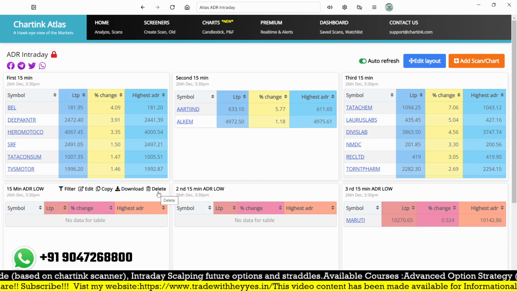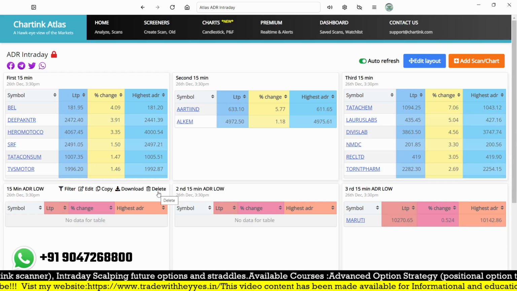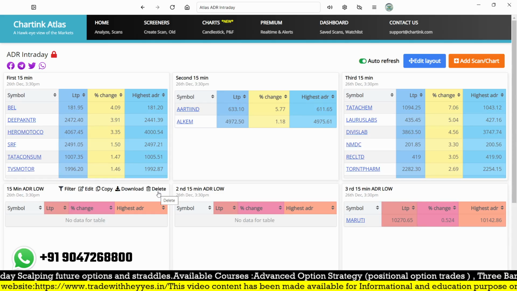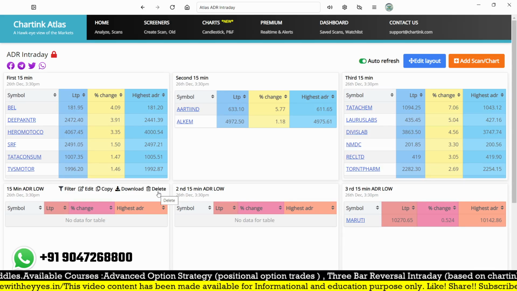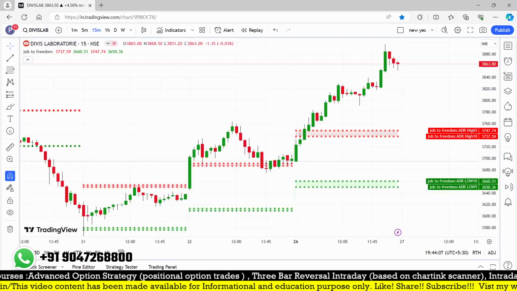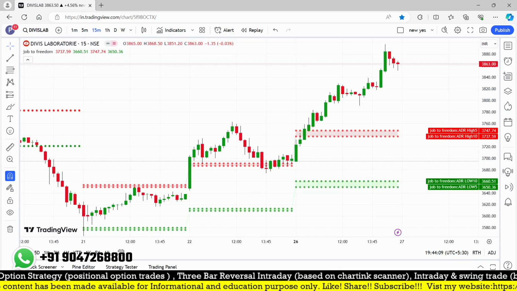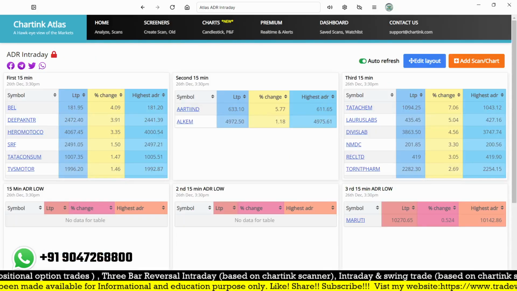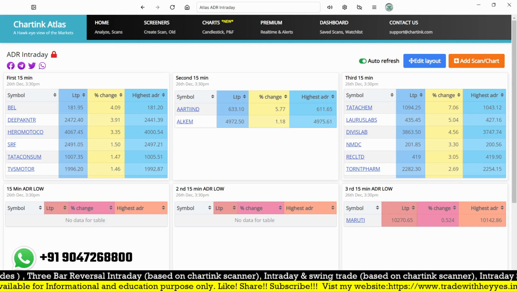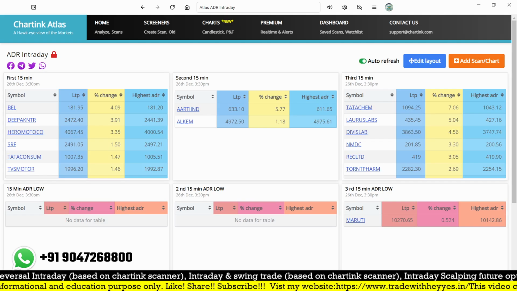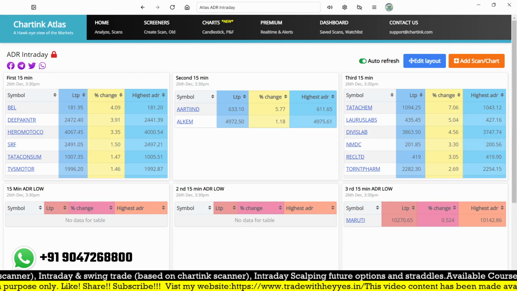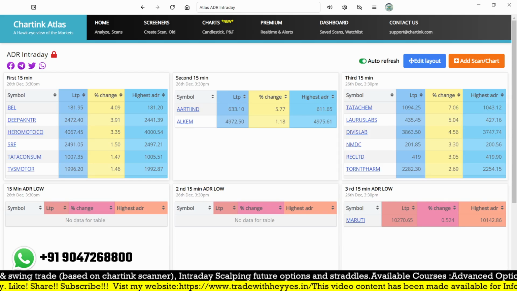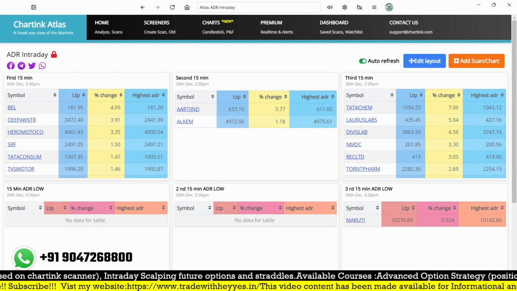That was purely for intraday purposes and it is working well for breakouts, and in this video I'm going to discuss how to use that ADR scanner with this TradingView indicator. Simply, we are creating the ADR indicator on the chart, and by using that indicator we derive a dashboard. By using this dashboard we should find opportunities in the first 15 minutes, second 15 minutes